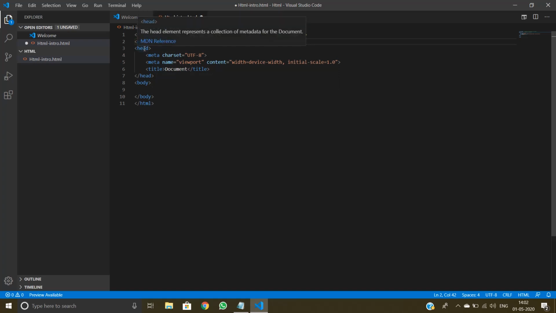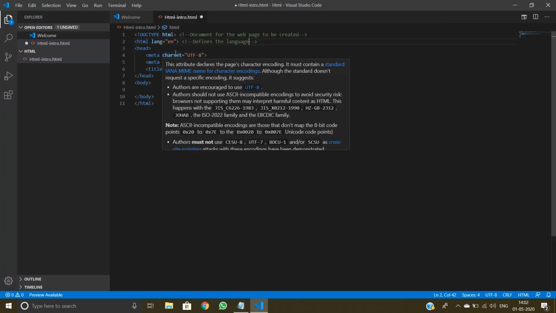And then next is the head. So the head element represents a collection of metadata for the document. As you can see, meta is a tag. So it expresses what link or styling you have used, or scripting elements you have used. So meta is something which is not visible to the user in the browser, but it's mandatory in the code. It has to be in the head element.